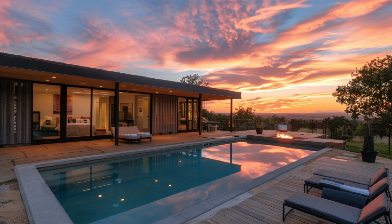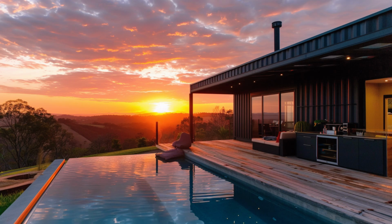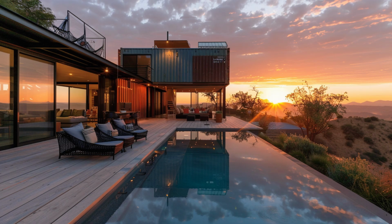A modern, minimalist home with a large pool, set against a dramatic sunset. The house features a dark, charcoal gray exterior with a flat roofline and large windows overlooking the pool and surrounding landscape. A pool deck with light gray stone pavers leads down to a rectangular swimming pool reflecting the vibrant colors